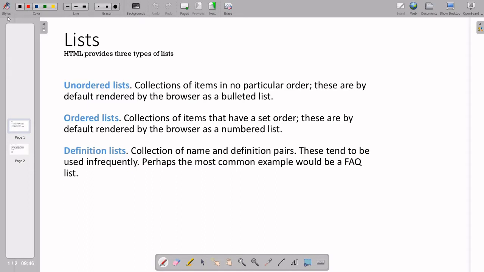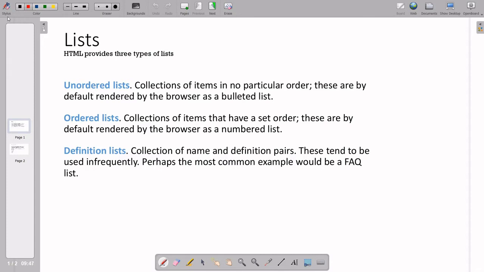First of all, what are the advantages of lists? With the help of a list, you can display your information on the web page in a systematic order. If you want a certain order, then you have only one option, that is the list. Another thing: almost all web pages have a menu, and whenever you want to create that menu, again you can use the list. So these are the two main important purposes for which you can use a list.